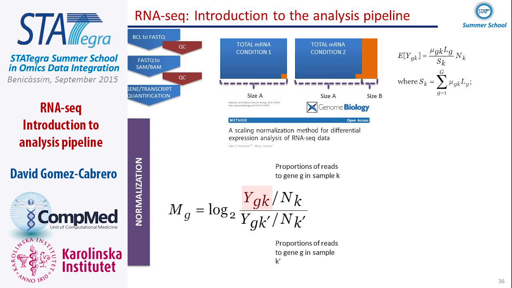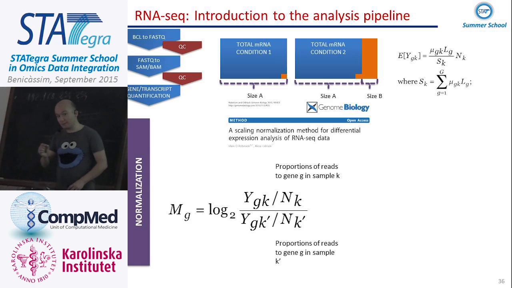Then I take the gene in sample 1 and the total number of reads in sample 1, okay? Divided by the gene in sample 10, my reference, and the total number of reads in sample 10. And then I do the log 2 and I get the M value. What they say here is, as I was saying, this is a problem. But is this going to be a problem that affects the entire set of genes? Or is it going to be a problem that affects 5% of the genes? If we have the assumption, and this is very important, that most of the genes are going to remain more or less stable,